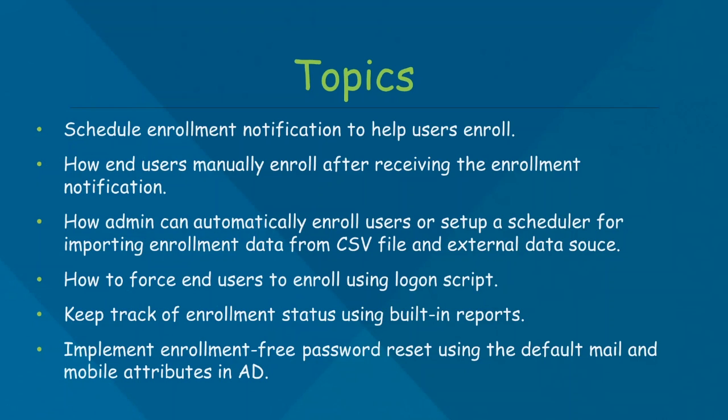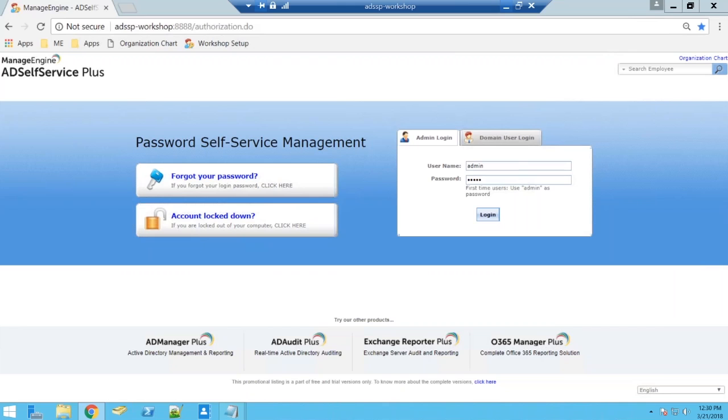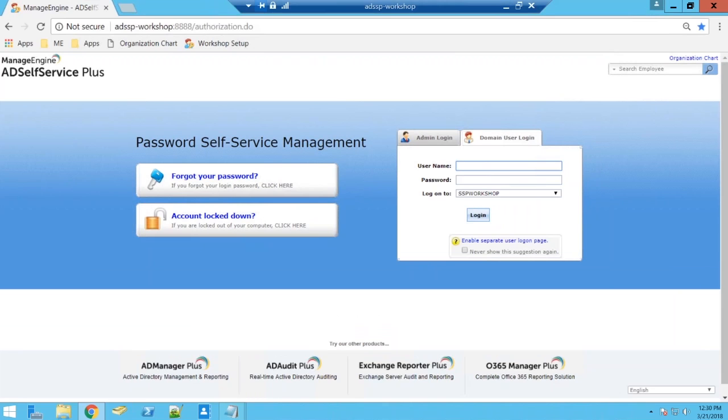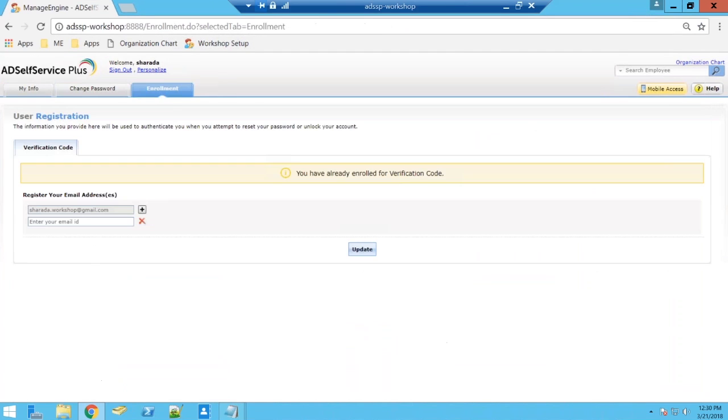So the way that AD Self-Service Plus functions is that it requires users to enroll with AD Self-Service Plus. So what do I mean by enroll with AD Self-Service Plus? When a user logs in and accesses AD Self-Service Plus for the very first time, which I am going to demonstrate right now, they will be required to enroll with AD Self-Service Plus. What you see on your screen is the user Sharda who's already enrolled with AD Self-Service Plus. We made this work yesterday, but